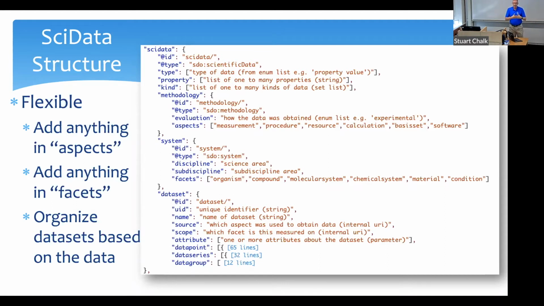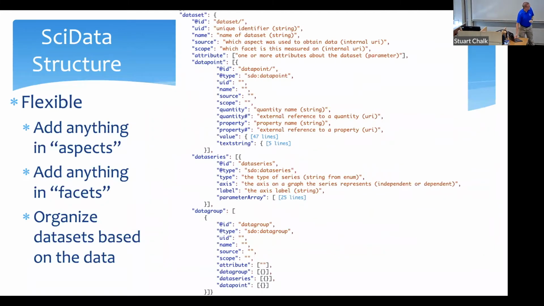The SciData ontology can't represent those, because it doesn't know anything about what they're going to be for any individual data set. If this is used in chemistry, we might imagine in the system there's going to be some chemical information, but if this were used in biology, they wouldn't be using chemicals, they might want to use an organism, or a target or something else. So we had to leave these open. And the key thing about those two being open means you also need to semantically define the meaning of the data elements you put in these sections. And so that's where the context file comes in, and we'll talk about that.